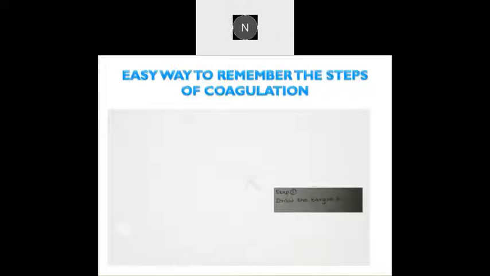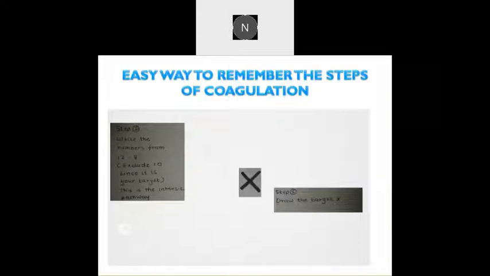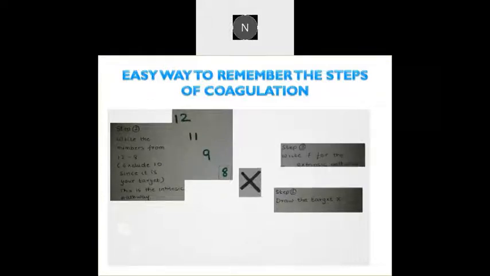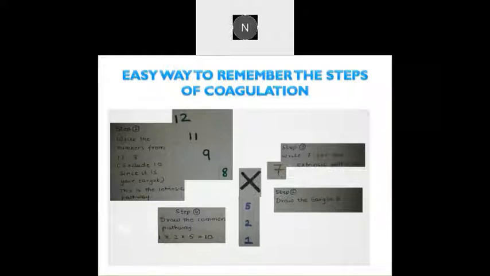So this is a very easy way to remember the steps of coagulation. Step 1, you have to write the target, factor 10. So put an X there. Second step is write the numbers from 12 to 8. Exclude 10 since it is there already as your target. So 12, 11, 9, 8, you can put them. Step 3, write 7 for the extrinsic pathway, right? And step 4, draw the common pathway, 1 into 2 into 5. So these 5 factors are involved,